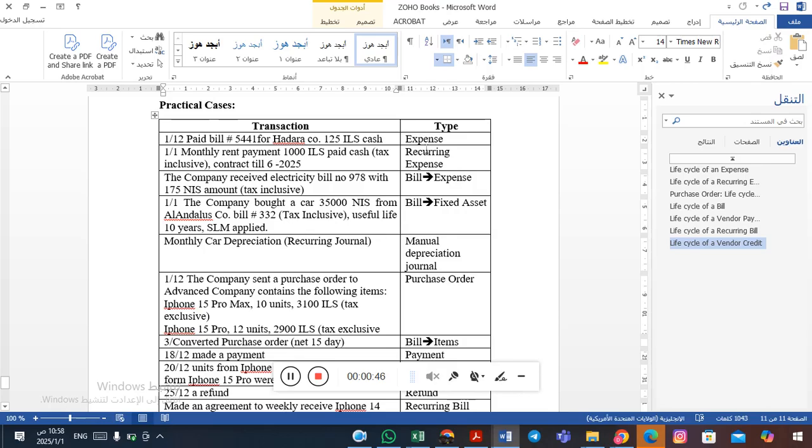As you see here, we have expense, recurring expense, bills, manual journal, purchase order, and other items. Let's begin to see how we can record that kind of transaction using a journal, using the ZOHO Books account. Let's see in detail the first